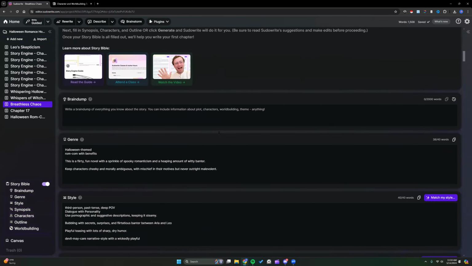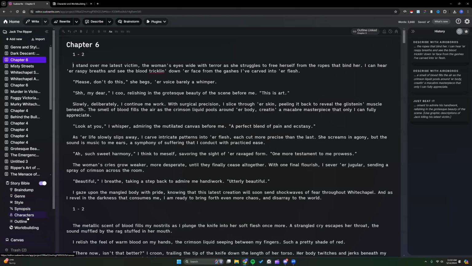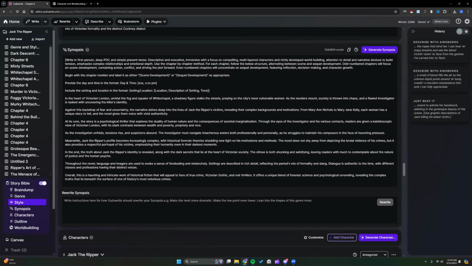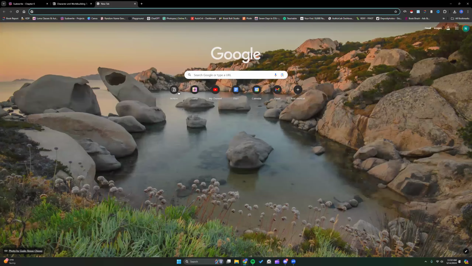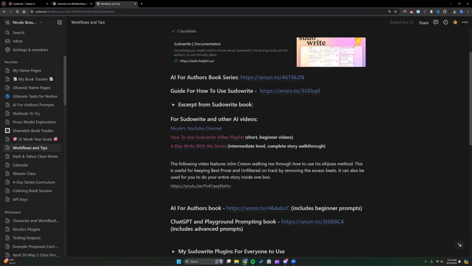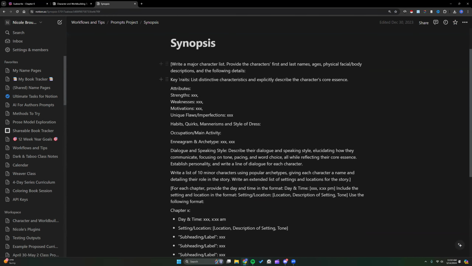Oh, and I don't have the old book to show y'all. Let me see. But essentially what he's talking about, I go to my Jack the Ripper. I've already updated that. So essentially what it was is because of the way I like to update or organize my characters. And I'll show y'all that real quick. So if y'all know you need to update yours before you opt in, you can see. When we were using the old character box, I always had my characters formatted like this, with all of